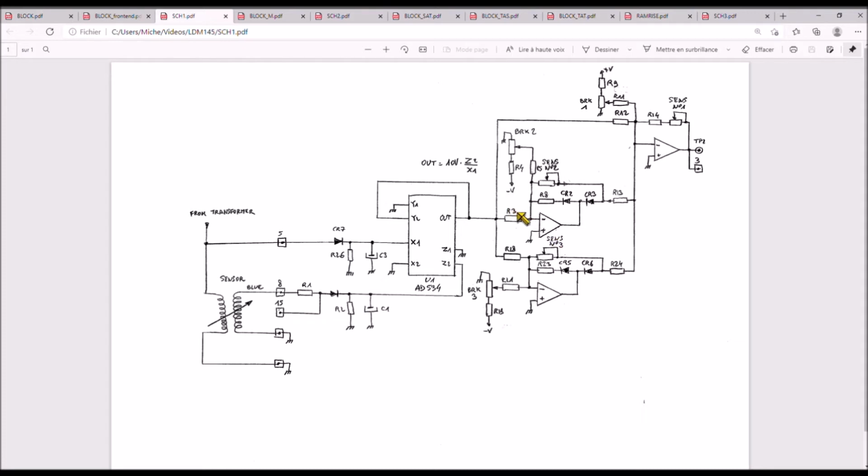But when the voltage is below this specific threshold, then the voltage at the negative input here will be lower, will be negative. Then the output voltage will be positive. In this case, this diode will be off. And now the feedback is provided using this diode and this resistor. So we still have 0 volt at this point, and we also have 0 volt at this point. So there is no current which will flow through these resistors here, and this circuit is transparent.